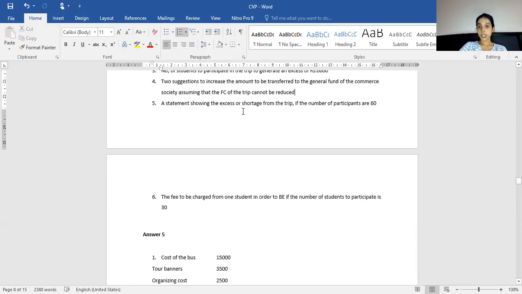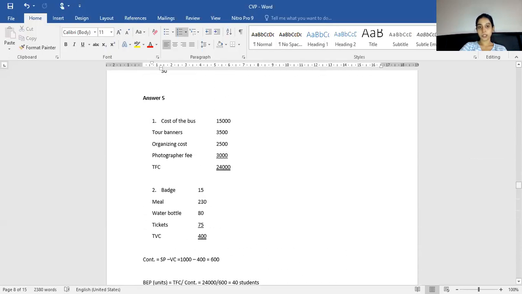And a statement showing the excess or shortage from the trip if the number of participants is 60. So we have to show a simple profit or loss statement. Yeah. So cost,